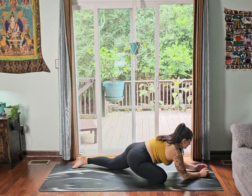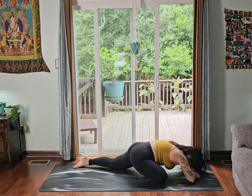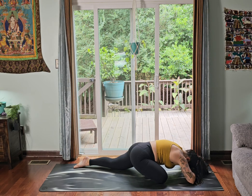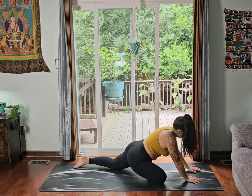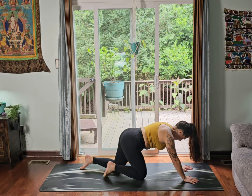Your hips facing forward. You can lower down to your elbows. Come down to your head. Whatever feels right in your body. And start to work your way up. Coming back up to your downward dog